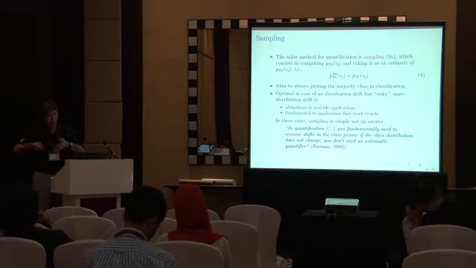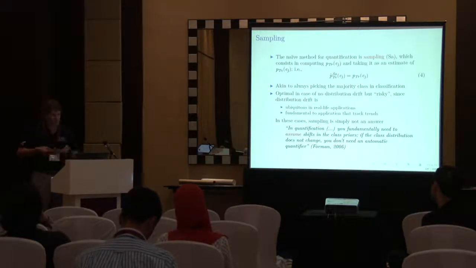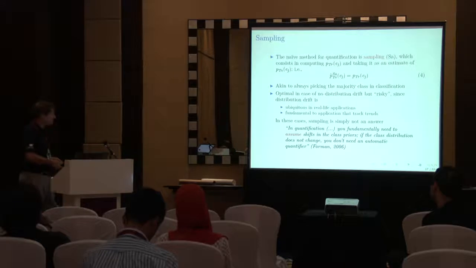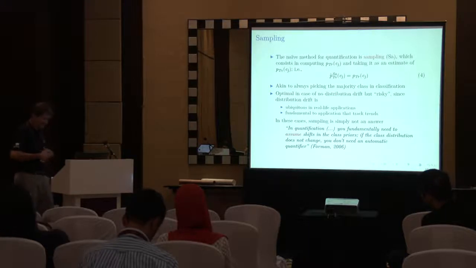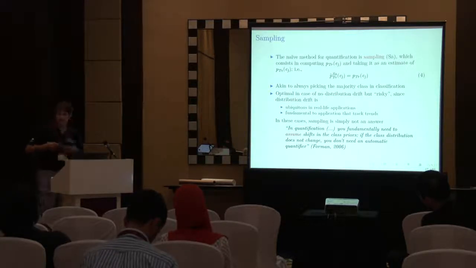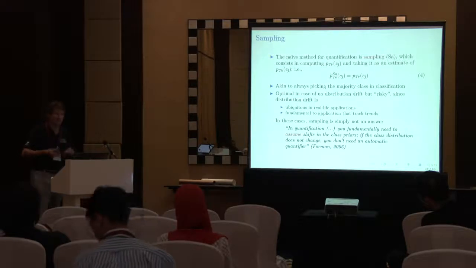What if, in the next 24 months, you bring reports that always say 35%? It's not a solution. It's a non-solution, okay? In a sense, one guy who gave big contributions to the quantification literature said that in quantification, you fundamentally need to assume shifts in the class priors, okay? So if the class distribution doesn't change, you don't need an automatic quantifier. So you don't need to generate a product. You shouldn't be paid by your customer to always report 35%, okay? So